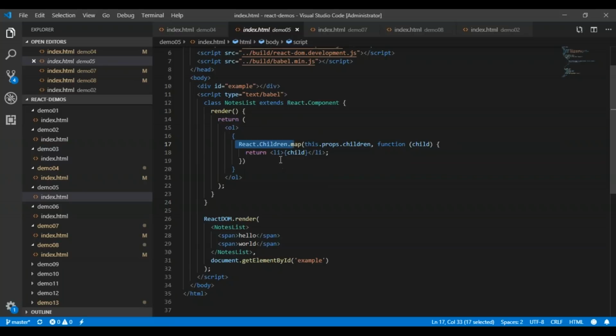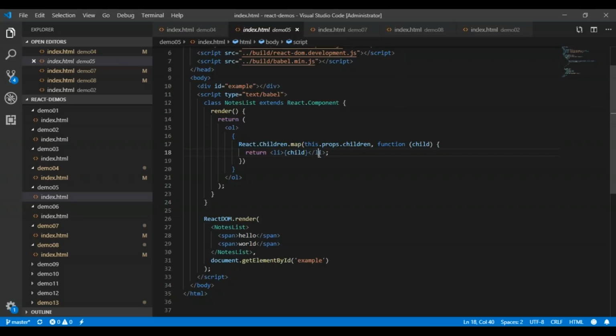So we could use React.Children.map to iterate over the children of the component without worrying about its data type being undefined or object. What I'm doing here is that I've created a NodesList component that is a class component. Class NodesList extends React.Component. It implements a render method and it returns the instance of this particular class, since we are accessing the children of the particular component.